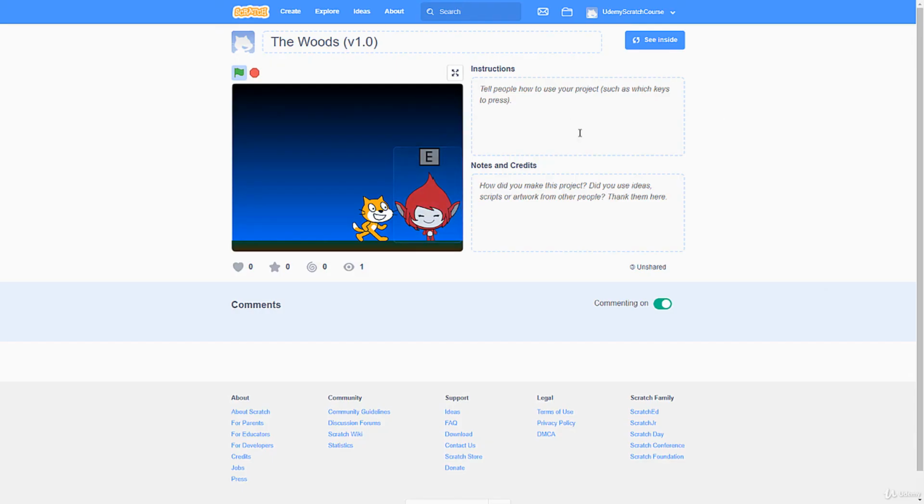And I'm actually just going to go ahead and do my instructions. I'm going to do my notes and credits now as well. For my instructions, I'll just go arrow keys, move and jump. I'll just go E and dialogue. And by the way, with tab, you can switch text input if you press tab on most operating systems. And this project